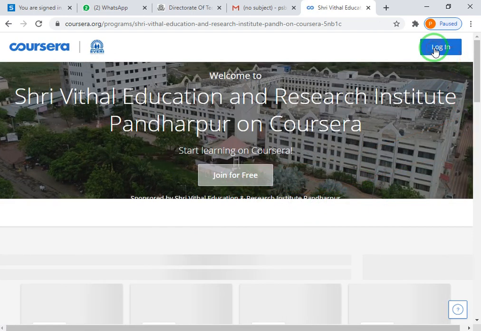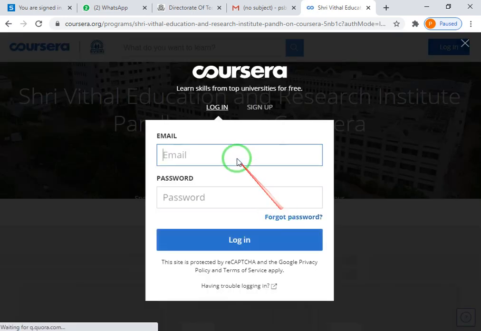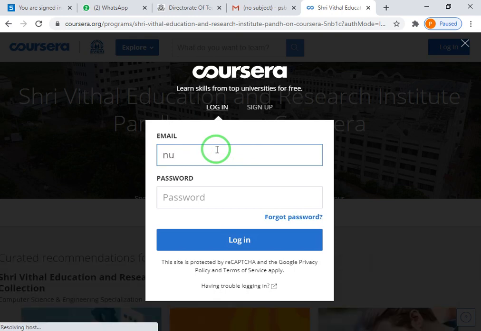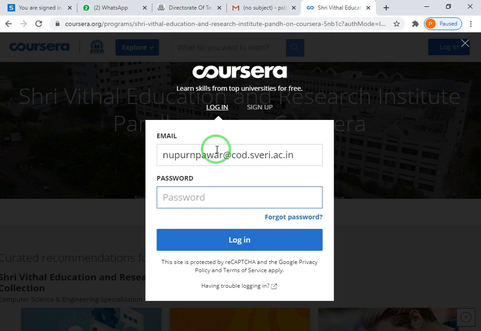Here click on login, provide the credentials like official mail ID and password, and click on login.